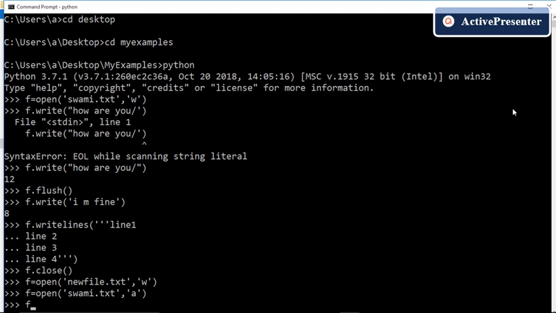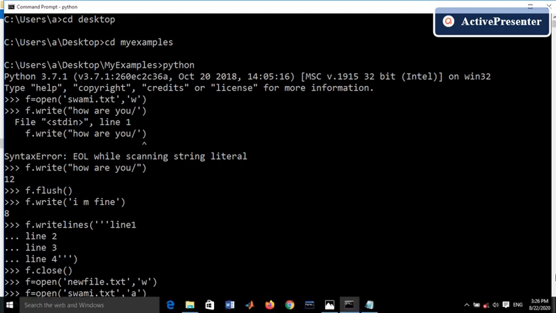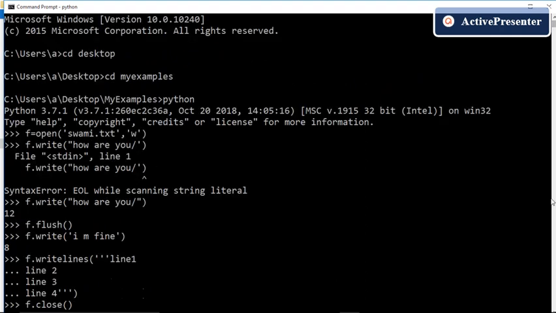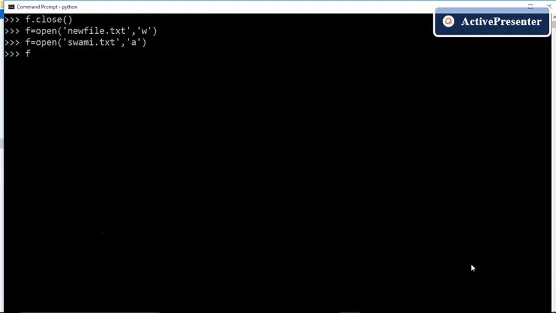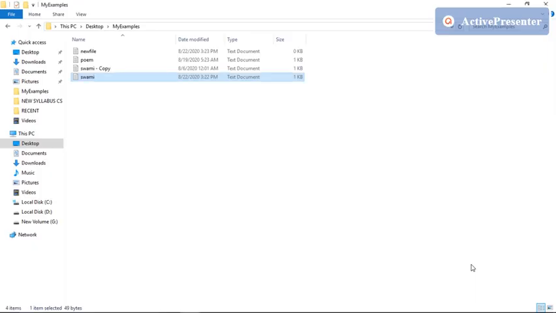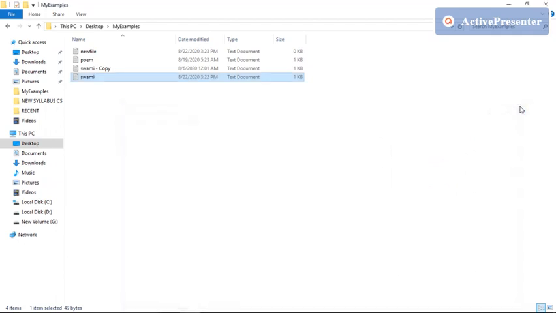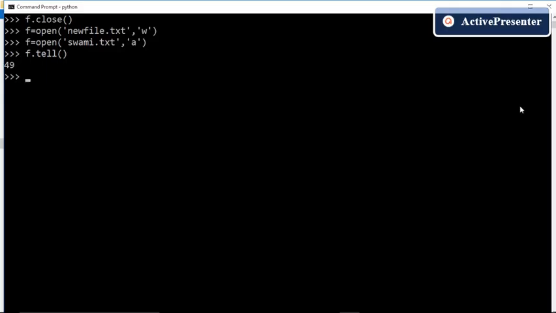For that I am using f.tell. It is displaying 49. Actually total 49 characters are there in the file, and it shows that the write pointer is pointing at the end of the file.